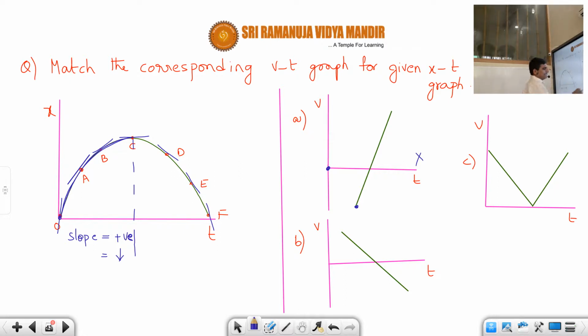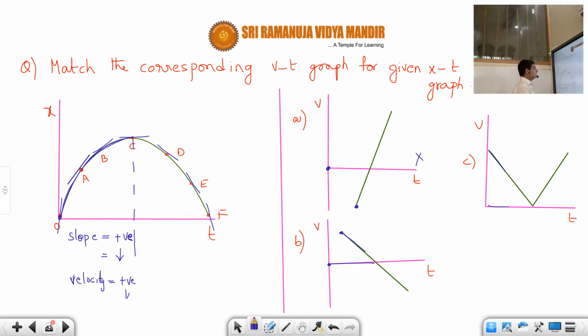Okay, in the second case, as time is progressing, velocity is positive because it is above, and then it is decreasing also. So that means the second one is correct. The third one is also correct, students, because as time passes, velocity is decreasing, correct or not? Here also this is nothing but velocity. Slope is nothing but what, students? Velocity only, no? Velocity should be positive and decreasing. So options B and C seem to be correct, correct or not?